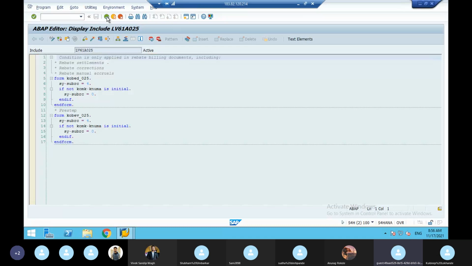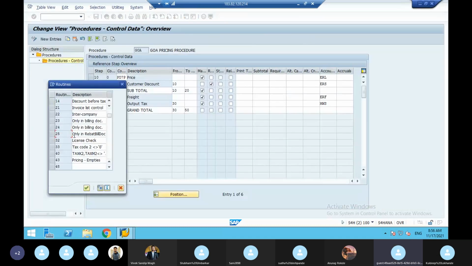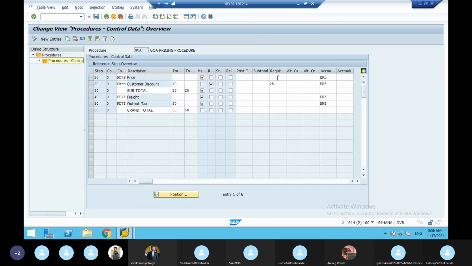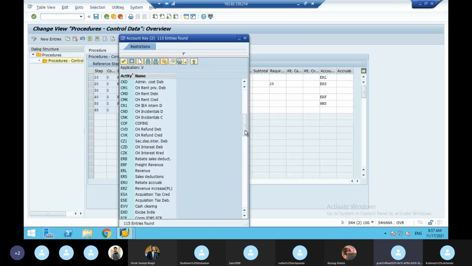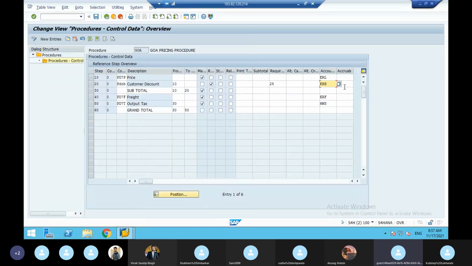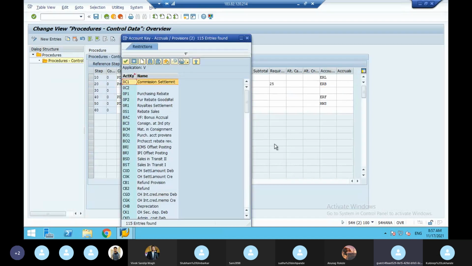So once you assign this 25 to this, next here the account key for the rebate is not ERS, it is ERB. See, ERB is rebate. This is deducting how much discount, 2% discount, and how much cash back is given back to the customer. That is called ERU.